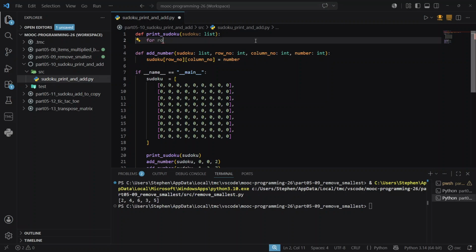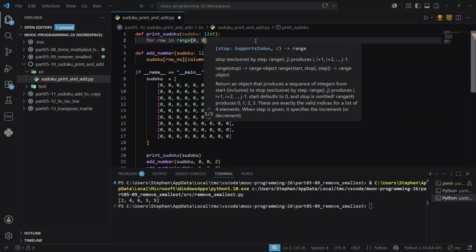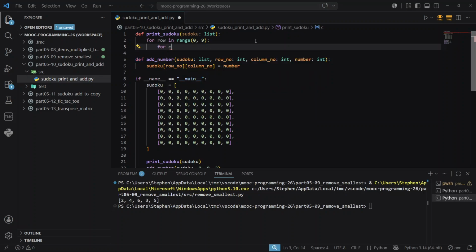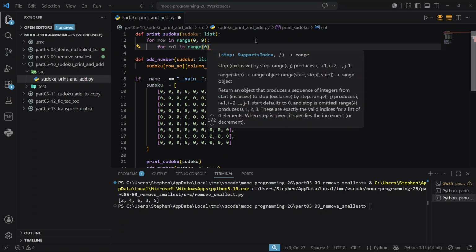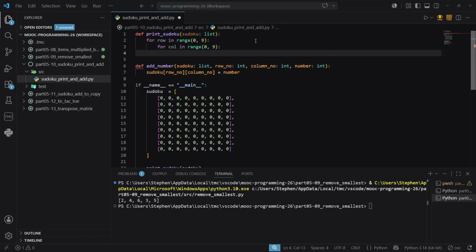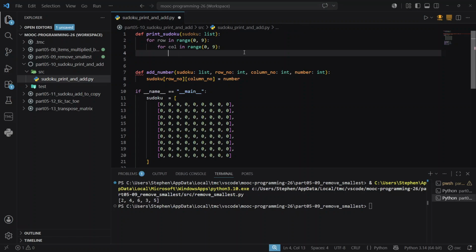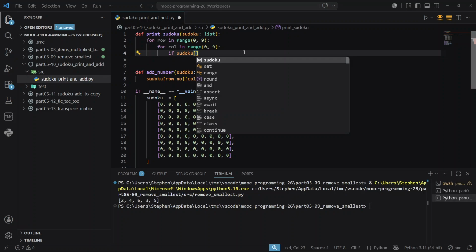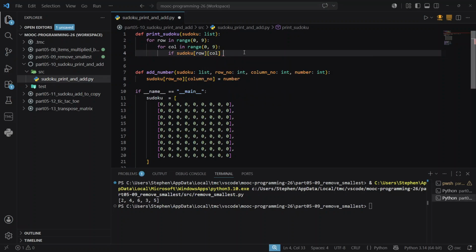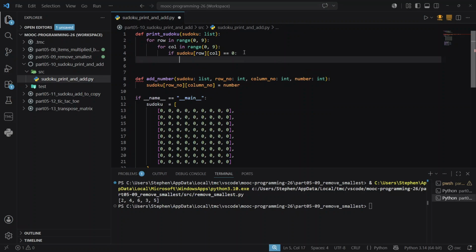So we're going to do for row in range 0 to 9, and for column in range 0 to 9, right? Because each Sudoku grid is 9 values wide and 9 values tall. So each row will be from 0 to 9, and each column will be from 0 to 9 as well. Then we're going to say if sudoku at that row and column has a 0, which means it's empty,